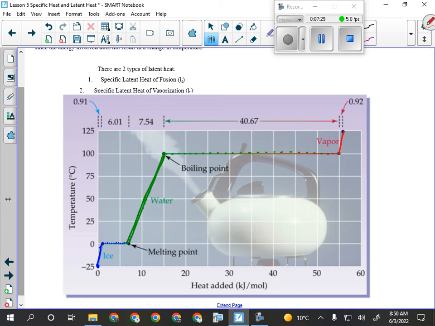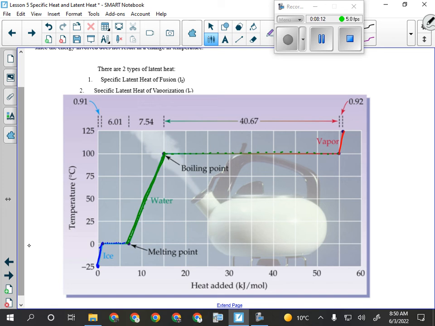Yesterday, we learned a formula that calculates how much energy is involved in changing the temperature, or kinetic thermal energy, of a material. What was the formula we learned yesterday? E equals mc delta T. We can use E equals mc delta T in 3 places on this graph. What are the 3 places where I can use E equals mc delta T to calculate the amount of energy added? Is it the melting point, the boiling point,